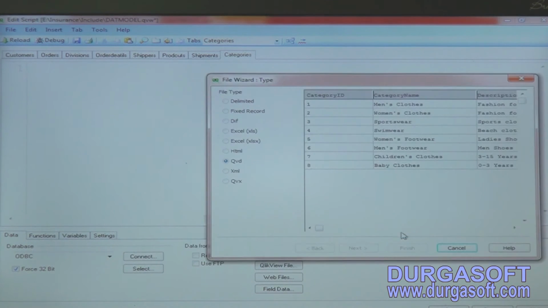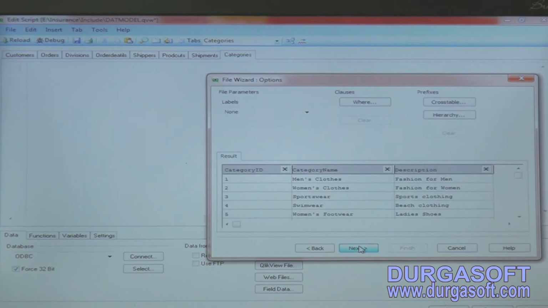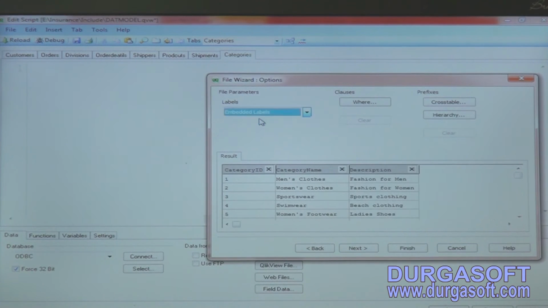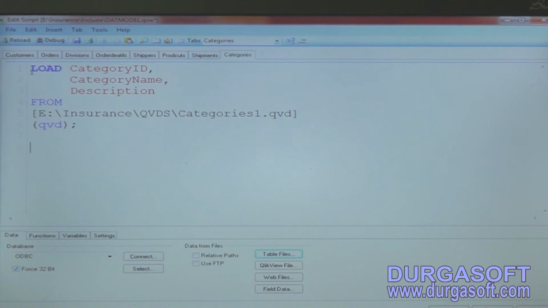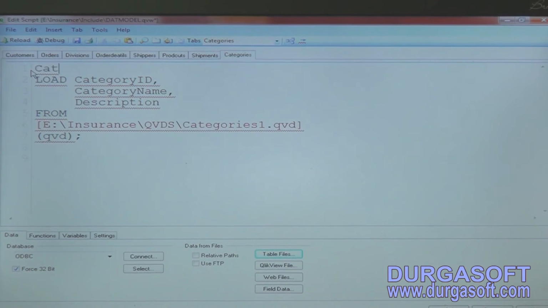Categories, open, next, finish. CATEGORIES categories. Now see here, if you click on save and reload,